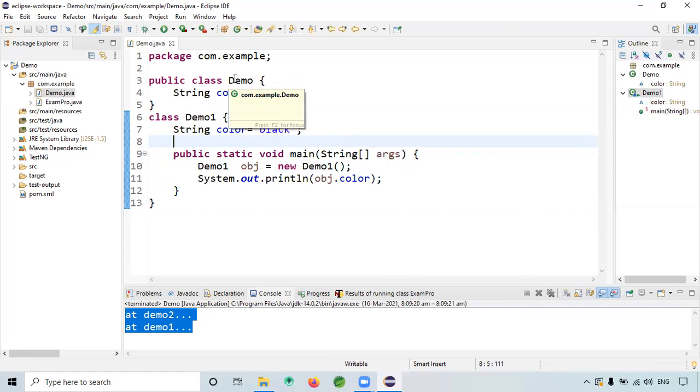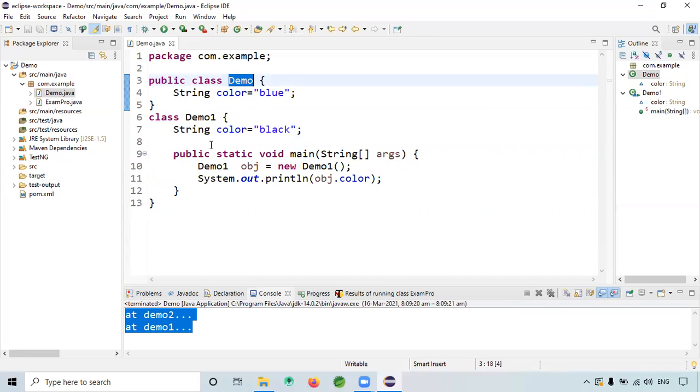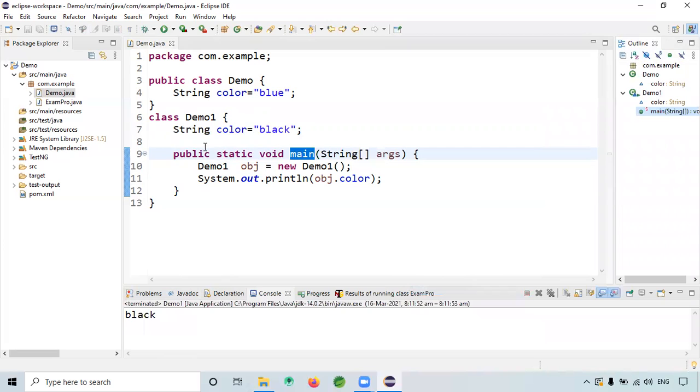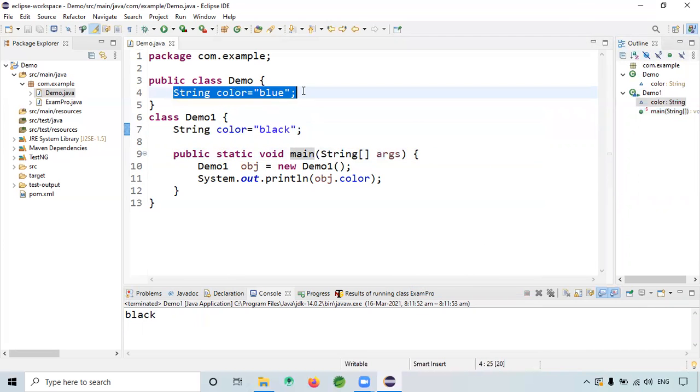In demo also you have the same method. Now when I call obj.run, it will override. When I run this program, it is printing black. Now the blue is not printing, right?